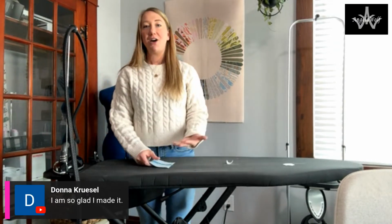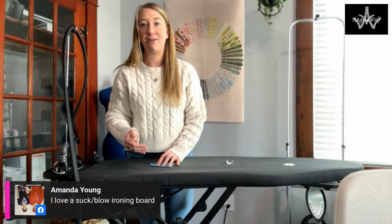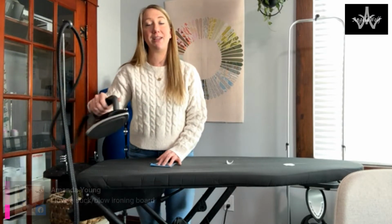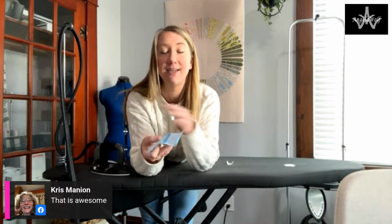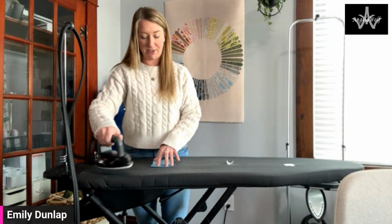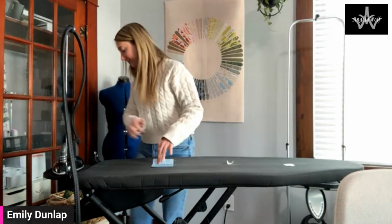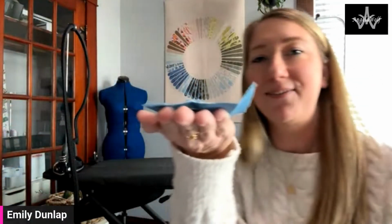Okay. And I'm going to show you something else and I'm going to come show it closer up. But I know when we're pressing binding or if we're pressing hems, usually we're having to rest that iron in position for a little while, right? And so I'm just going to show you this because LauraStar does have the ability to control the steam. Let's pretend for a second this is just a regular iron. Because again, unless I hold that iron in place, that fabric is going to pop right back up. But I can spend the same amount of time and I can use my steam from LauraStar. And this is where I love showing off. Because check out the difference. Wow. I get a super flat, crisp crease in the same amount of time